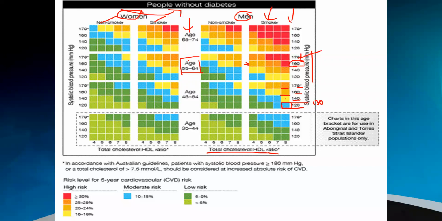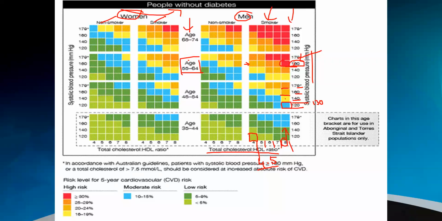Now we need to know the cholesterol HDL ratio. Cholesterol is 8 for this patient. Again, what is the highest cholesterol that you can put in this box? Is it 4 or no? 4.5. 4.5 is the highest cholesterol level you can put here. Same in here, 5.5, 6.5, 7.5, 8.5. Now this patient is 8, obviously, so we are looking for this box, right? So if we go up,